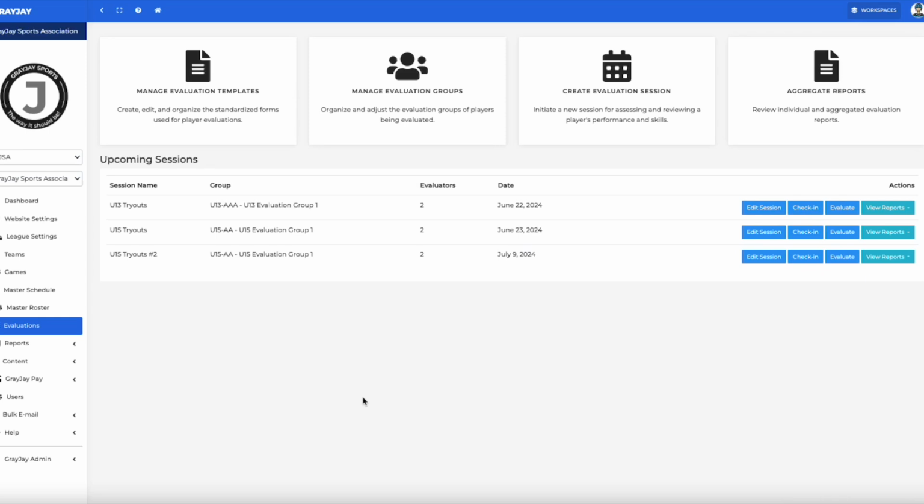Welcome to the GrayJay Evaluations Overview video. The screen that you can see right now is what an evaluation administrator would see when they log into the admin portal. You can see various sections that can be managed by evaluation administrators, including evaluation templates, evaluation groups, scheduling